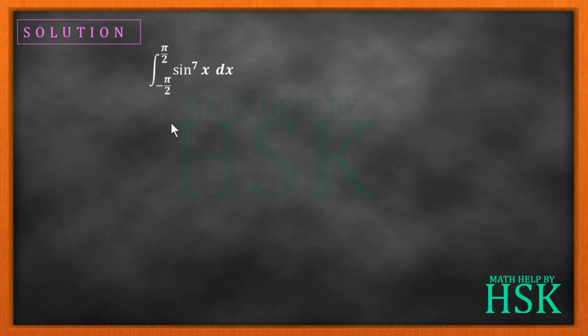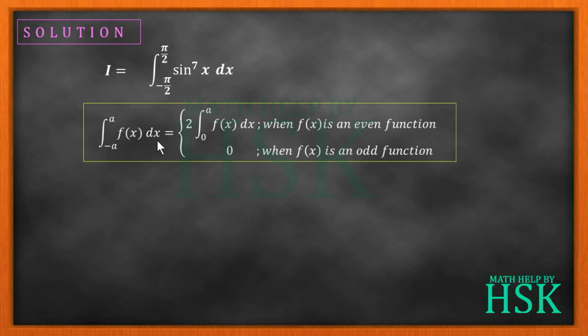First of all, we take this given definite integral and assume that it is equal to I. Now to solve this definite integral, we require a very important property of definite integral, and it is like this: integral of fx dx from minus a to a. So we have been given a function fx. We have to integrate with respect to x, and the limits are minus a to a. Whatever is the upper limit, the negative of it is the lower limit, right?